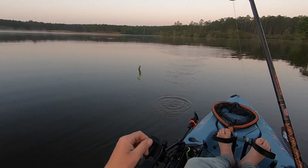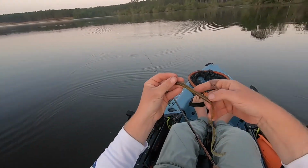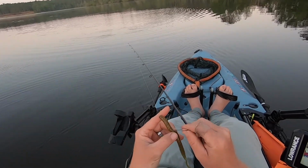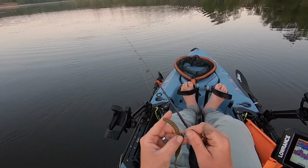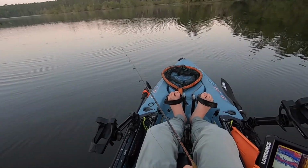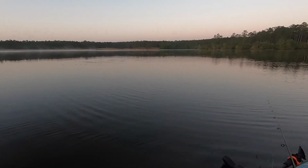Just lost another one. I switched up worms, so this is a 10.5-inch super. Pretty similar, a little bit more curly tail. Have it rigged the same way and fishing it the same way as the trick worm. Well, I hate like the gate this morning, since they're still open at 5:30. I feel like I'm racing to